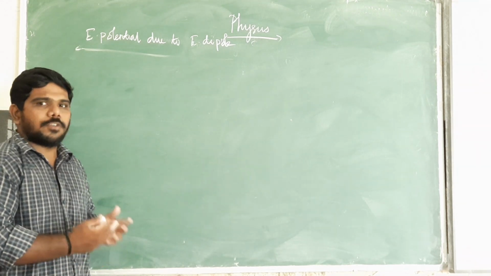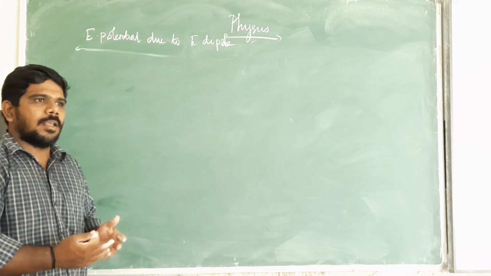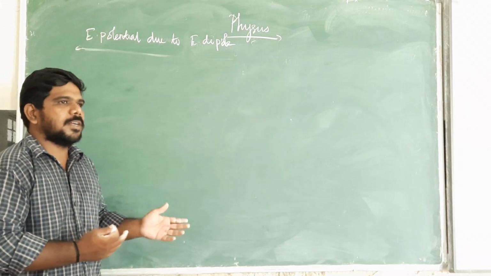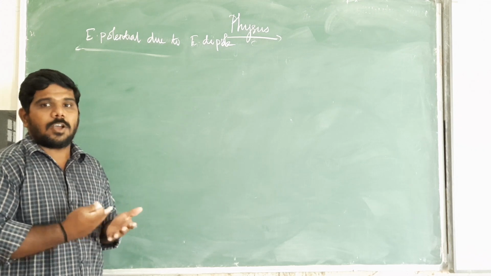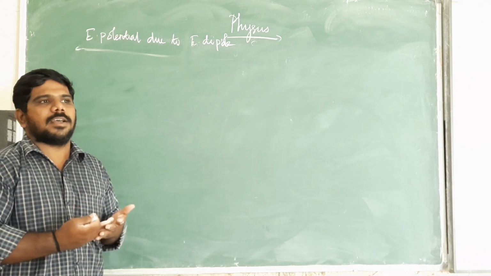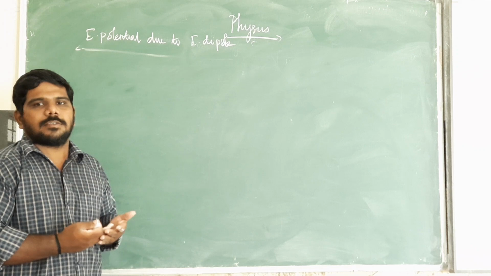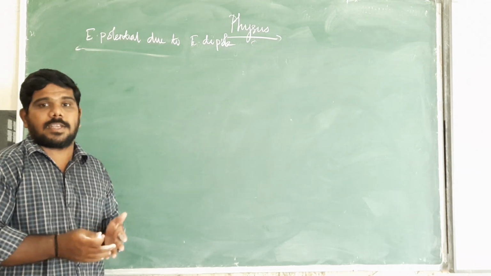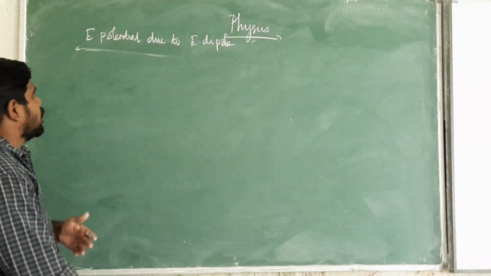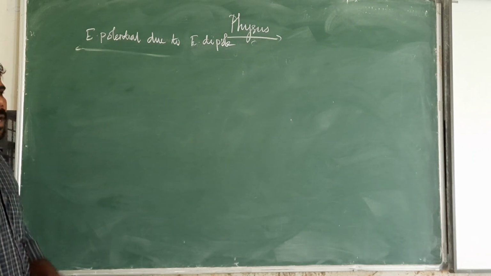You should learn this question not only for the board exam. For NEET also, based on this concept, around 3 marks are asked for the topic of electric potential, and for NEET around 4 to 5 marks are asked. So you have to learn electric potential very neatly. Clear? So let's go to the next 5-mark question, electric potential due to an electric dipole.